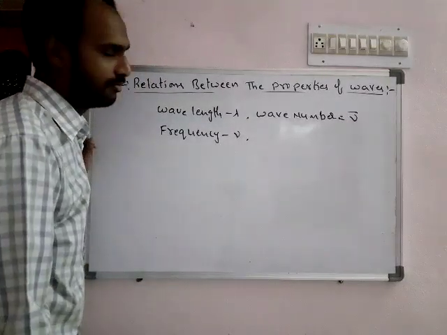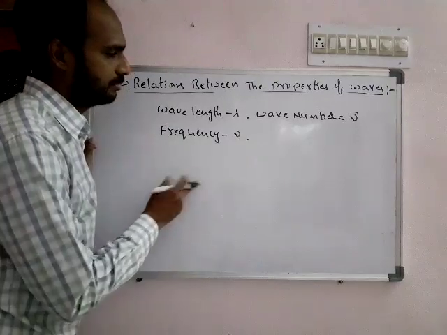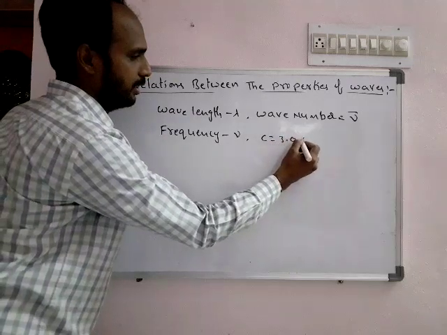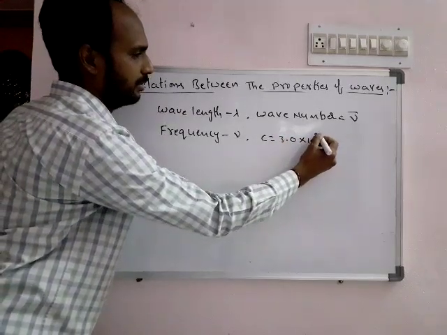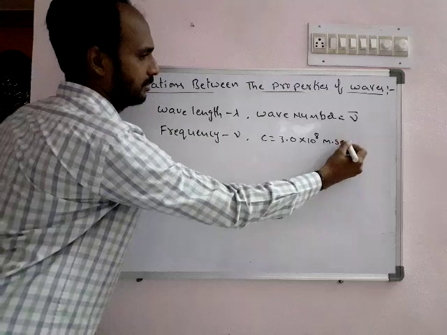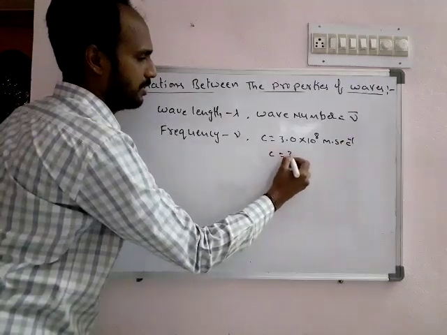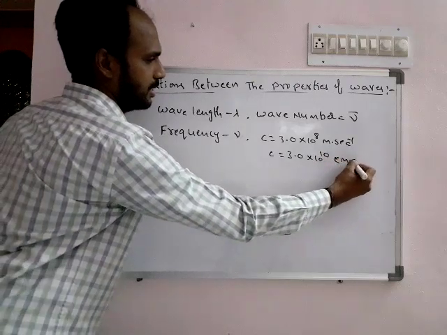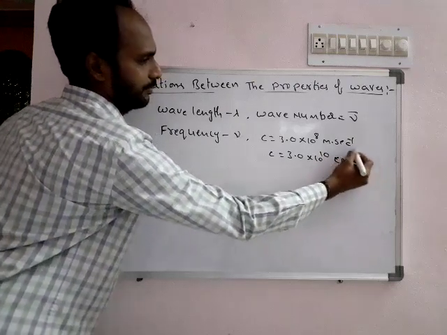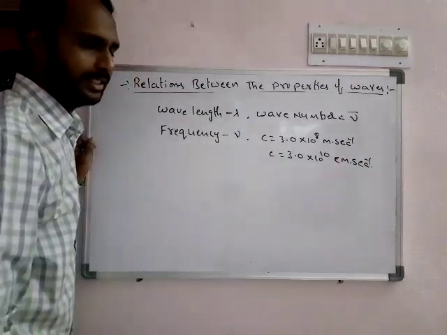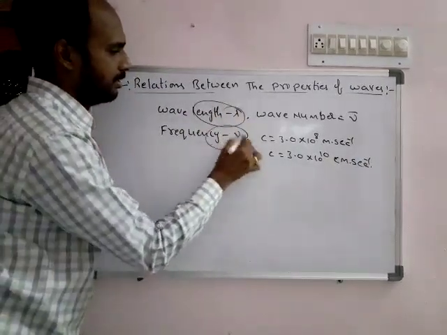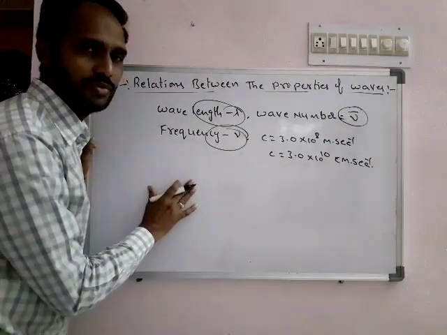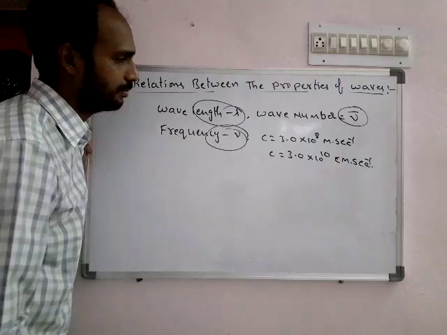And we know the velocity of a wave is equal to the speed of light. That is c equal to 3 into 10 power 8 meter per second, or c equal to 3.0 into 10 power 10 centimeter per second. There is a relation between this lambda, nu and nu bar. So these are mainly useful in the comparison of these properties